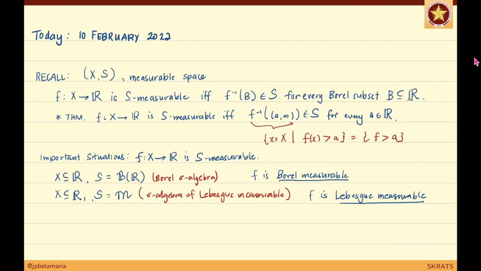In the extreme end of the situation, in the other end, kung yung S naman is taken to be the strictest sigma algebra, which contains only the empty set and X, yan lang yung dalawang sets na ito ang tinuturing na measurable, no? Then the only functions which will qualify as S measurable are the constant functions. Kaya nga, ang constant function regardless of the sigma algebra, it will always be S measurable. Did you understand? Sila yung mga pinaka-basic na examples.